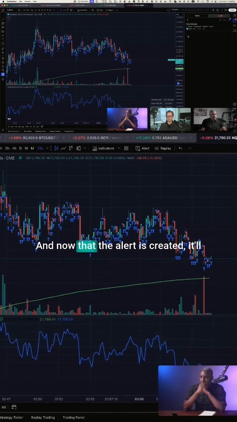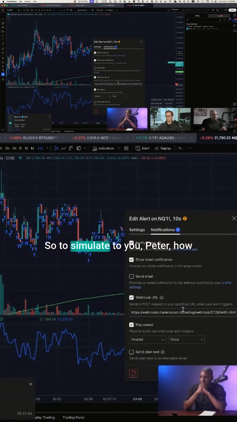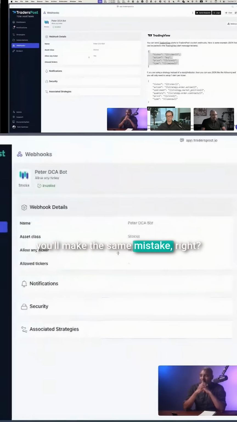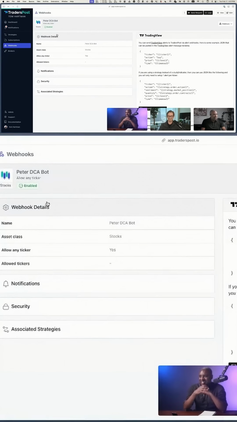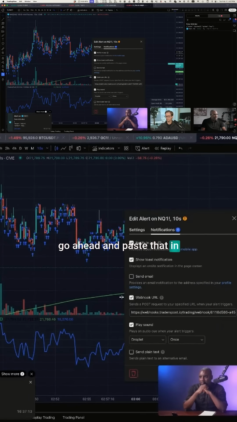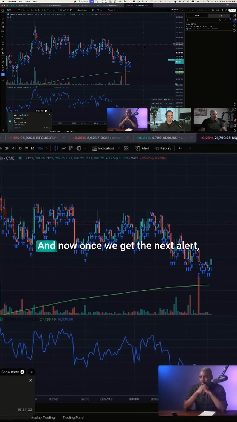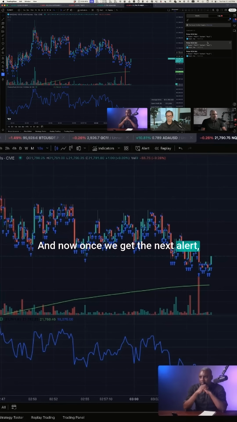And now that the alert is created, it'll go, oh, I forgot to add the webhook. I'm just doing that to simulate to you, Peter, how you'll make the same mistake. Right. You'll forget the webhook. So let's go back to the subscription, copy webhook, go ahead and paste that in. Save. And now, once we get the next alert, which should happen in 10 seconds or so,